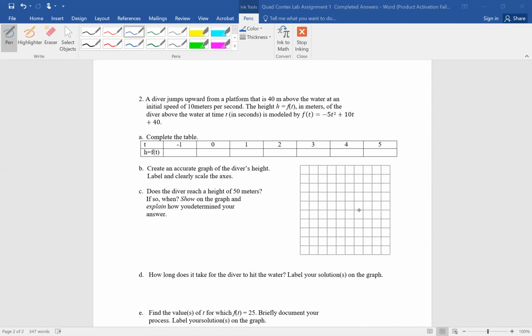So here's the problem. You got a diver who's jumping upward from a platform 40 meters above the water, and the platform's 40 meters, and you have an initial speed of 10 meters per second. So you have all these numbers floating around. But really, what's most important is that you have a function, h, which I'm going to call f of t, and I'm going to kind of draw this in here as I'm talking to you, where your function is modeled by minus or negative 5 of t squared